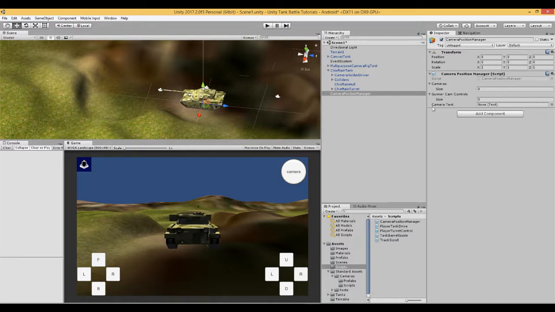Okay, so it says here we need some camera text. So go to the canvas, go to the button cameras, and put the text in there. Good. Now here it says camera size. Now we've got 4 cameras. So we type 4,